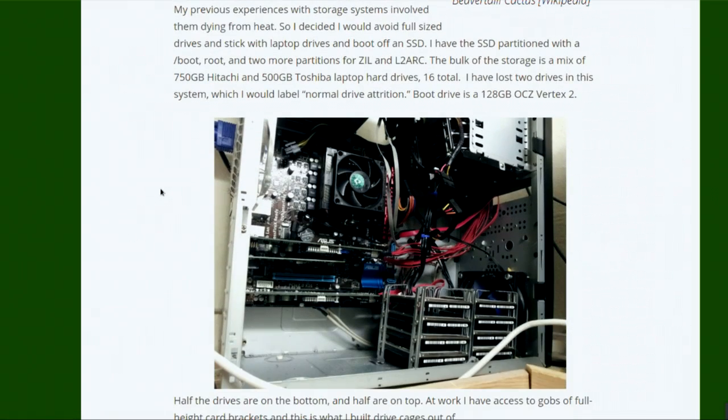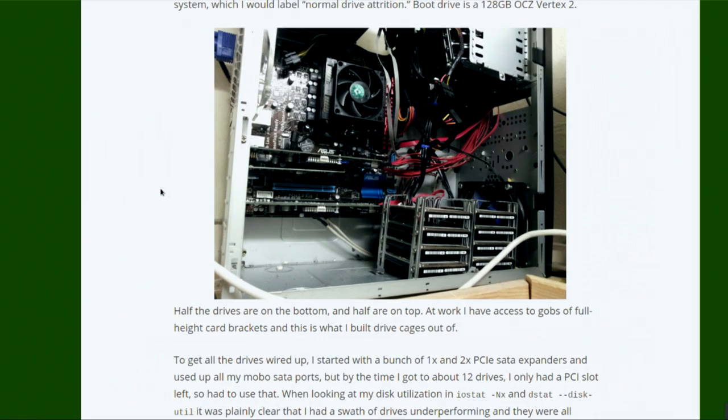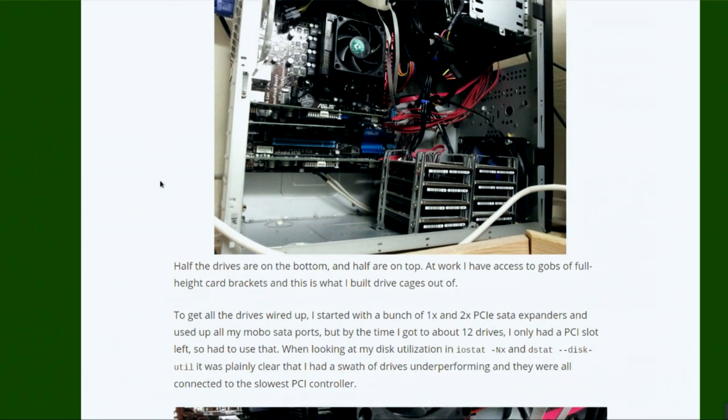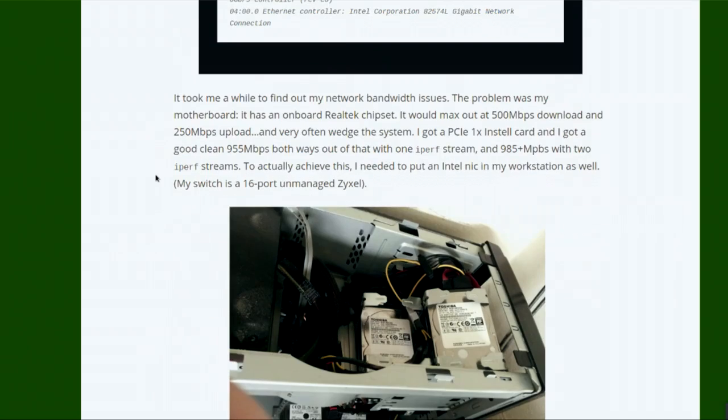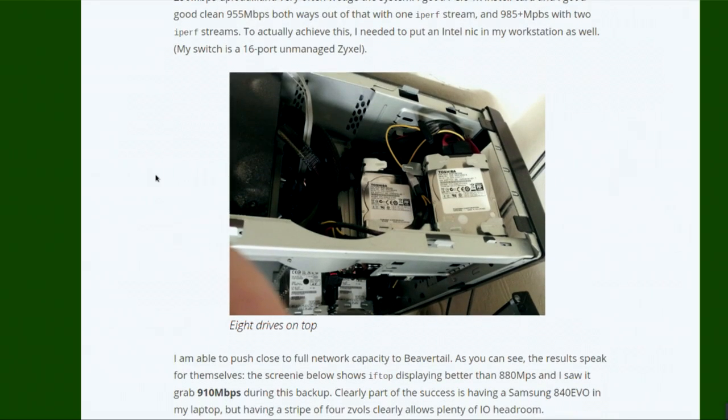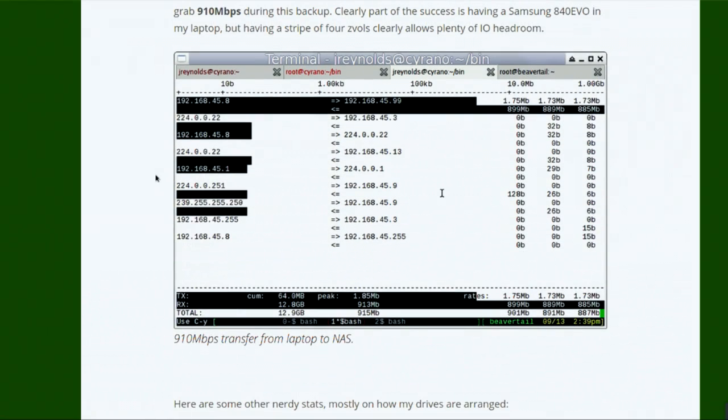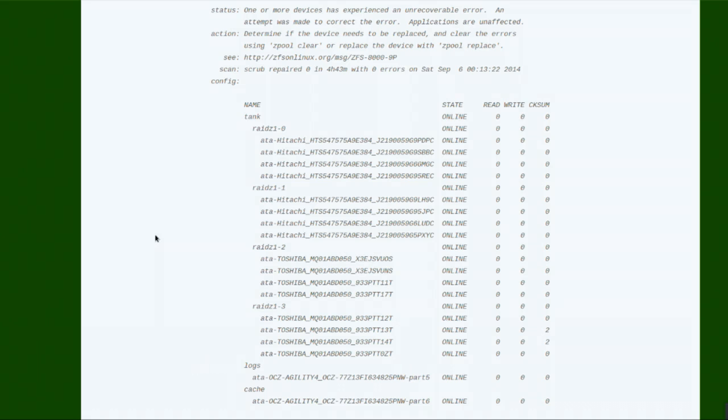Yeah. He had this array built with all these older drives, and he wanted to upgrade some of them. And I was showing him how to do zpool replace, to replace a bunch of those smaller Toshiba drives with newer, bigger drives. He's got 16 now in this Linux box, all running, so he's out of ports and expandability. So now what he's doing is replacing the smallest of the drives with bigger drives. The way he has it set up is 4 separate RAID Z1s, each of 4 disks. And I showed him the zpool replace command where he can connect extra disks.